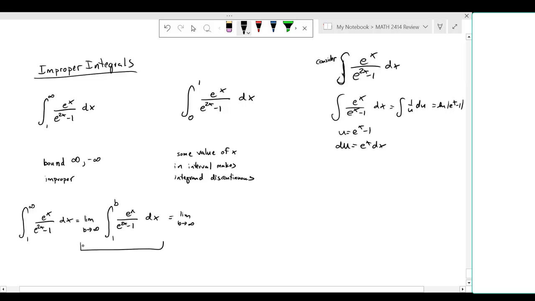So in that case, we just have to use a substitution, taking advantage of the fact that e to the 2x is the same as e to the x quantity squared, and also the fact that the derivative of e to the x is e to the x. So we would let u,